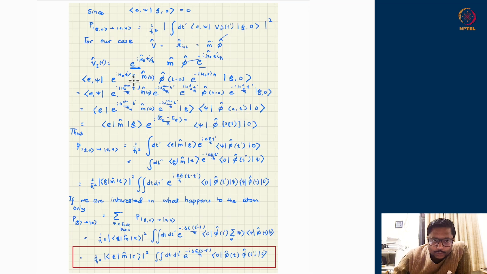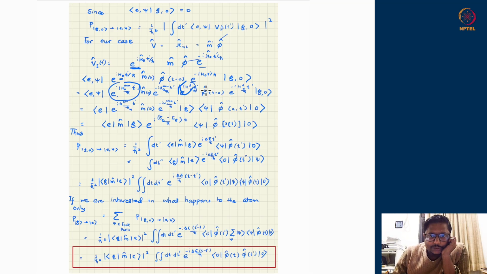Now again, there are a couple of steps of algebra you should be alert about and see how they get you through. As we discussed, this H naught is the free Hamiltonian of both the system, atom, as well as the field. So I split it up, H atom plus H field, the free parts of them. And since H atom and H field act on two separable Hilbert spaces, they commute among themselves, so the exponentials can be separated. So I have e to the power i H naught of the atom only and e to the power i H naught of the field only. Here I have the field only. Let me just clean it up.